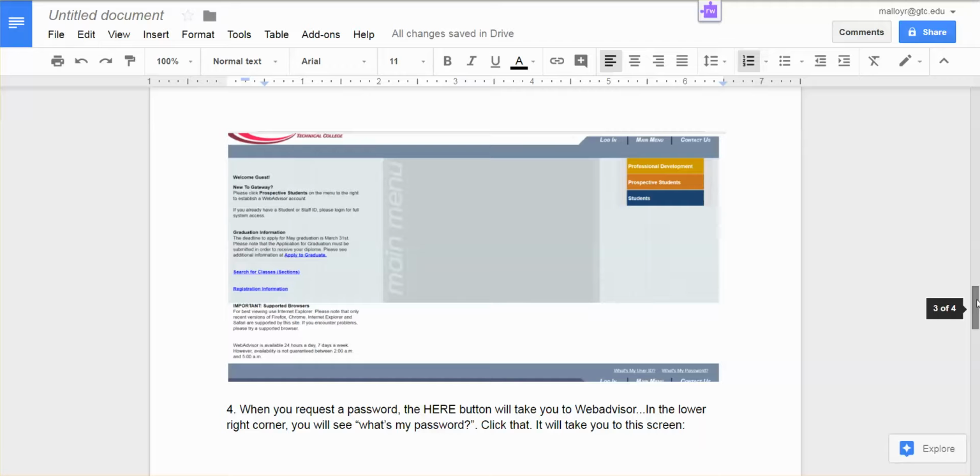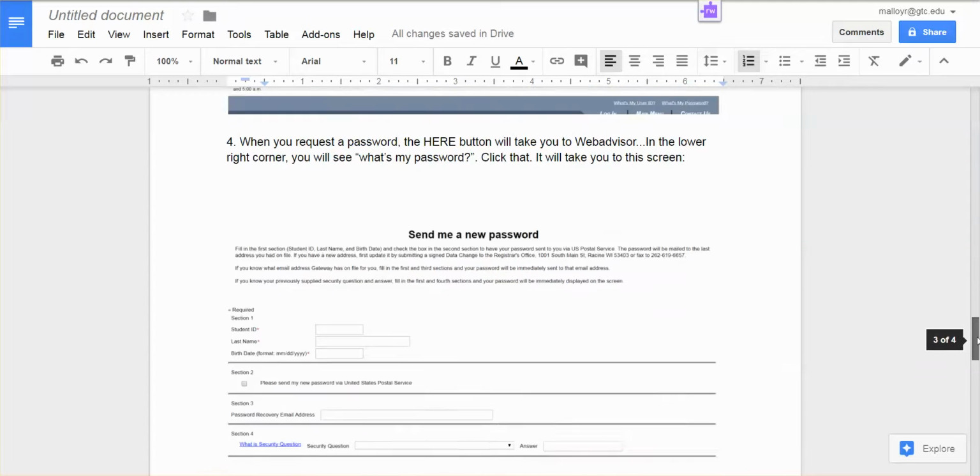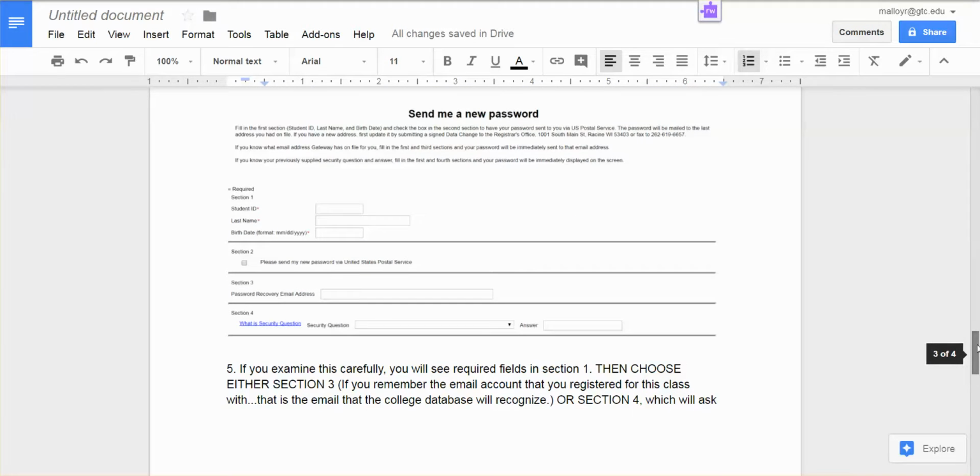Having said that, when you request a password, the Here button in WebAdvisor and Blackboard will take you to WebAdvisor. Here, excuse me. In the lower right corner, you'll see What's My Password. When you click that, you'll be sent to this screen. I'm almost running out of screens to show you here, so we're at the end. This comes across kind of small here, but I want to tell you what you're looking at. Send me a new password. If you read the fine print here,